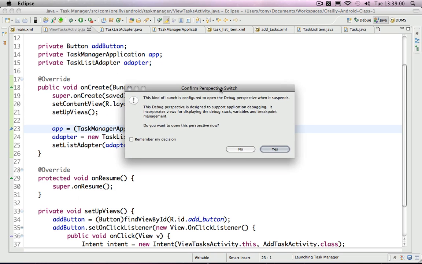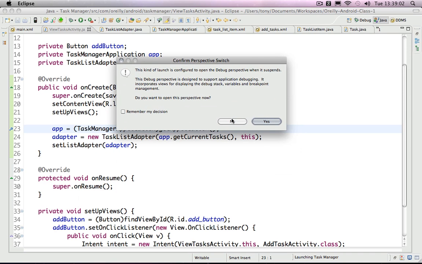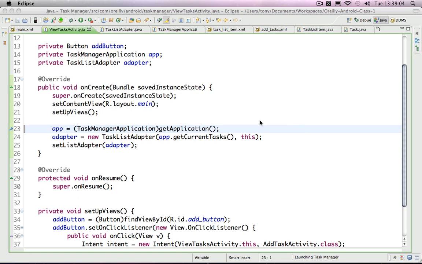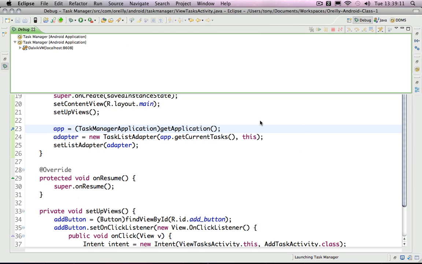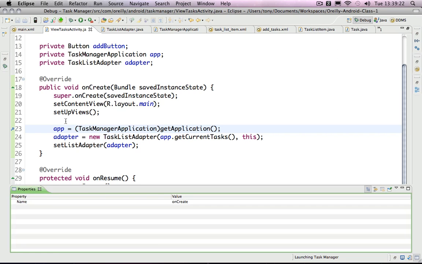Okay, and now it's asking to switch to the debug perspective. I'll say yes. And once Eclipse wakes up a little bit from whatever it's doing, we should be debugging. I think I had it maximized last time. Yep, my Eclipse is chugging along here. Okay,